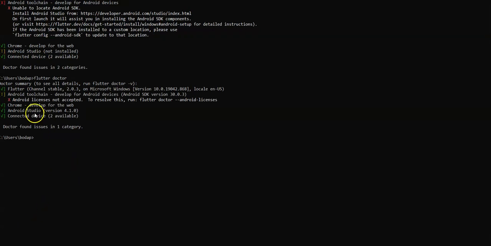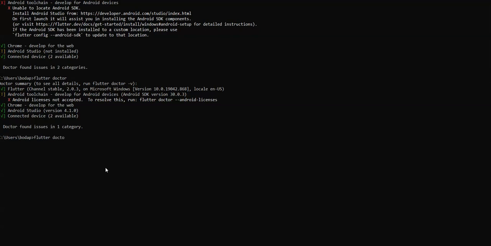We got almost all green check marks saying that Android Studio is installed, Flutter is installed. The only exclamation mark with an amber sign or a yellow sign is for the licensing thing. So we can fix that, and right here it shows that we need to run this command line